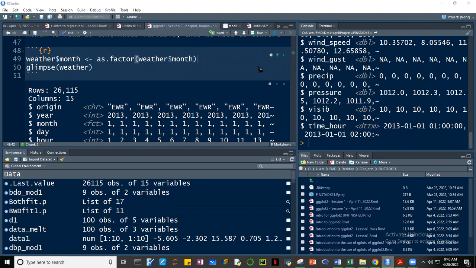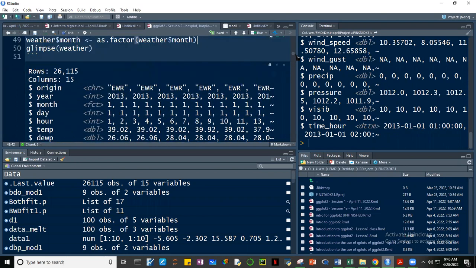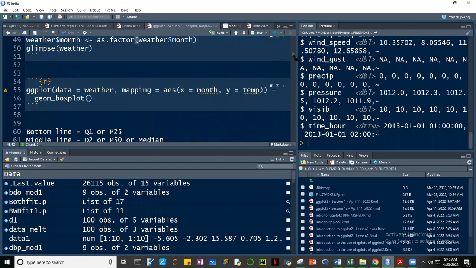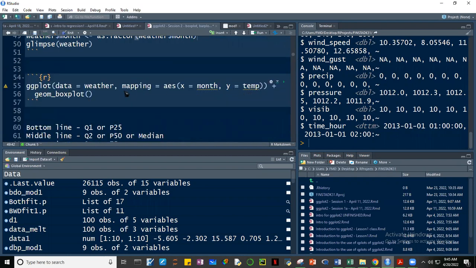Okay, so you now learned how to make a variable, a numerical into a factor, or a character into a factor. All right, so let's proceed now, and then let's plot now, guys. Let's plot now at the same plot. So we're going to map sa x-axis natin month. So we would expect now 12 months. Kasi yung data natin 12 months yun eh. And then naka-plot sa y-axis yung temperature using the box plot. Remember guys, the box plot will give us the first quartile, second quartile, third quartile, the minimum and the maximum. If you run this,